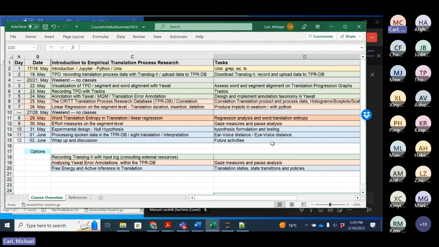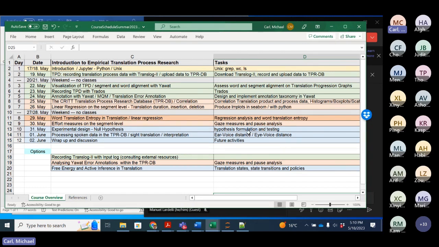So we have something like an eye voice span, that is, when the word was read. This is very similar to what we have in Translog. In Translog, we have an eye tracker and we know when a translator is reading a word. In sight translation, it's a similar situation. The person reads a word, but instead of typing out the translation, they speak it out.